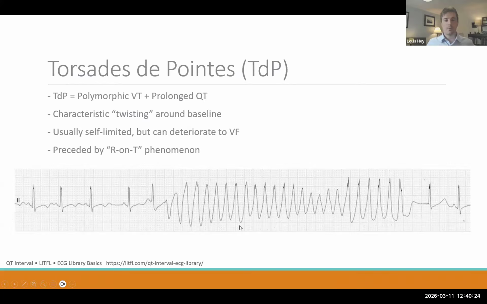So why do we care about prolonged QT? Because it can be associated with a dangerous arrhythmia called torsades de pointes, commonly just called torsades, which is a kind of polymorphic VT that you can see a brief example of here. It translates to the twisting of the points in French, and it was named because the VT alternates between high amplitude, low amplitude, high amplitude, low amplitude, so it's like twisting around the baseline, or the isoelectric point.